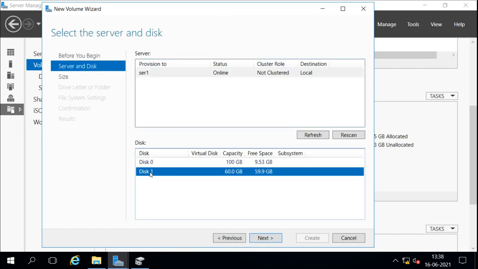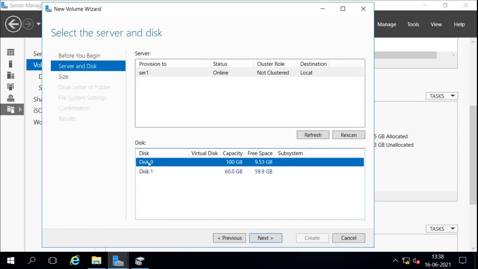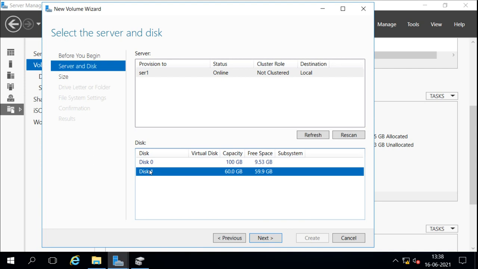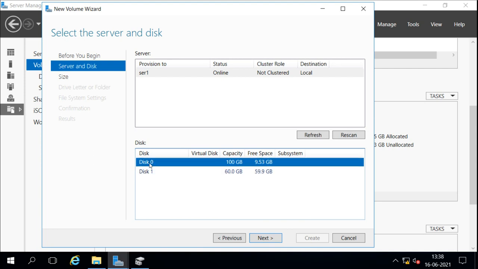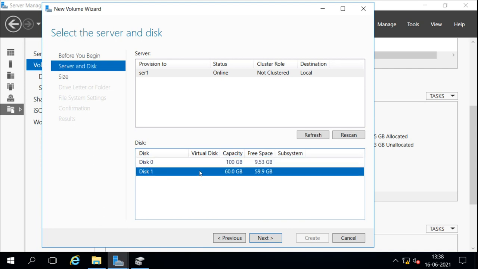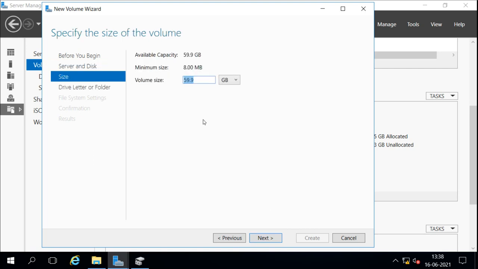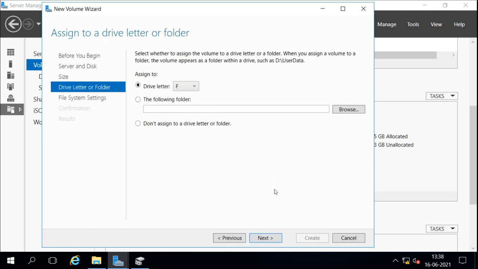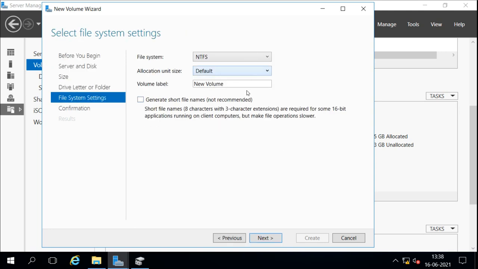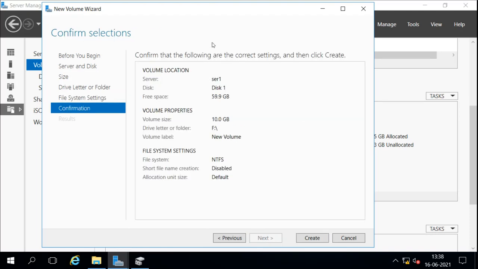So whatever disk we have, we can select it from here, the disk on which we want to create the partition. So I select the new disk, then I go next, then the size of the volume, then next, then the drive letter, then file system, and then the summary you have selected, and then create.